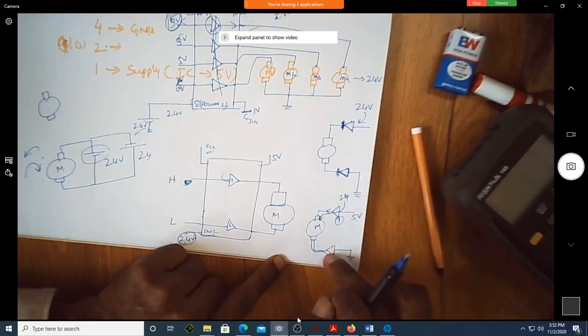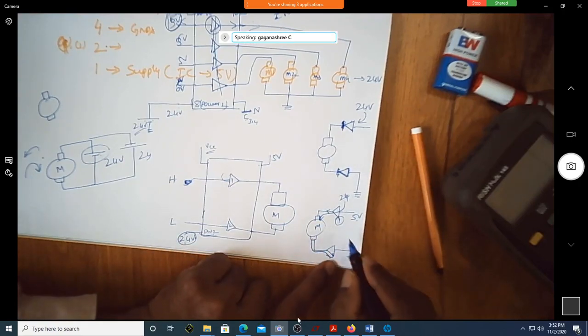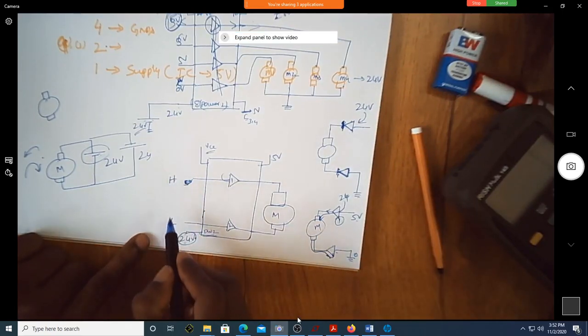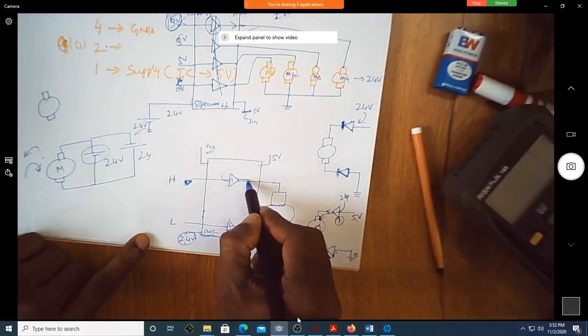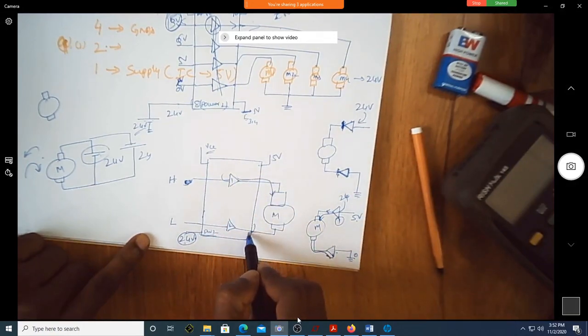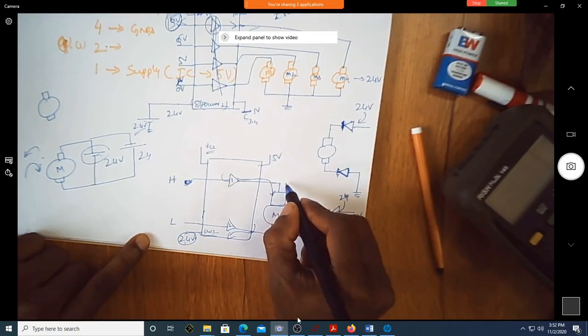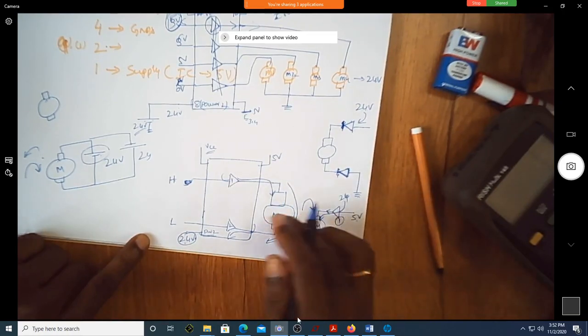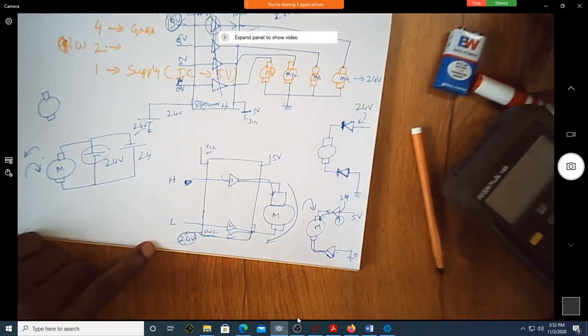When will this accept? When the voltage is 0 here. This will sink the current when the voltage is 0 here. Meaning, if it is high and low, this buffer will source and this buffer will sink. So the current is going in this direction, and the motor runs. Assume that it is going in the clockwise direction.